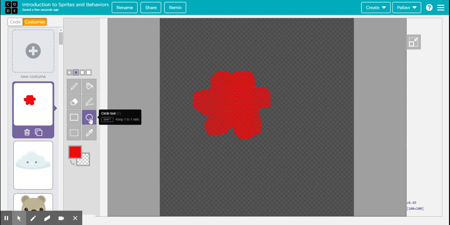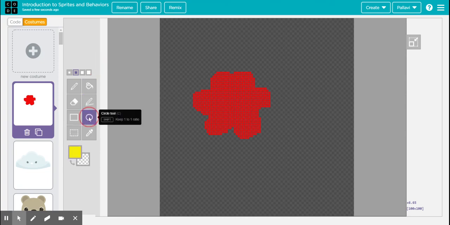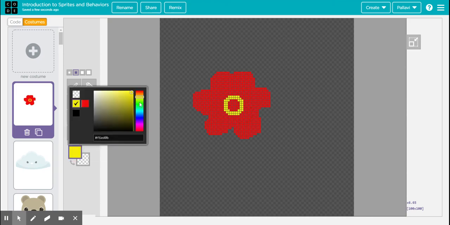Now I want to use another color, say yellow. So I click on yellow, pick the color yellow and draw a circle in the center. So that's how I want the flower to be. Now let's draw a stem which is of green color. You can choose any shade from here.